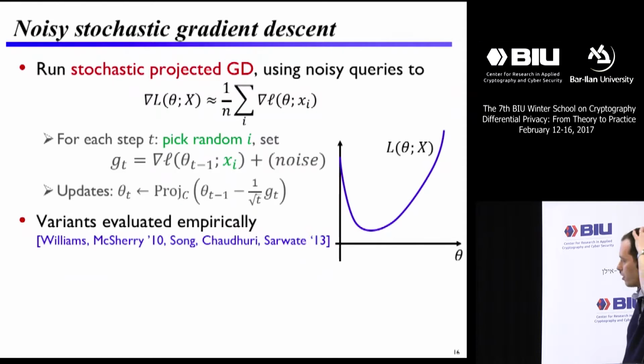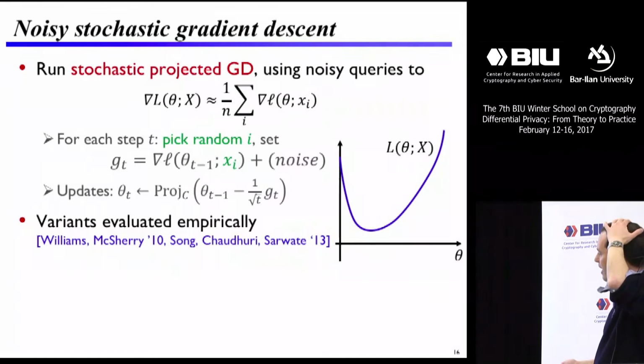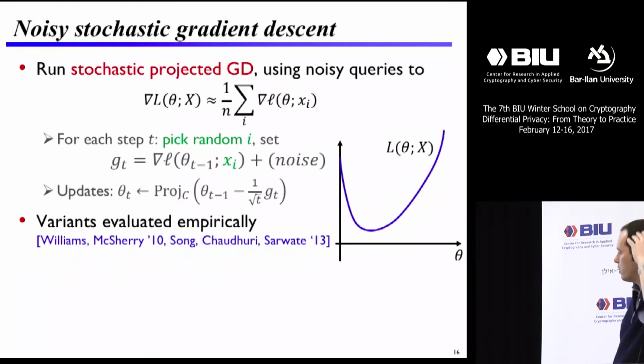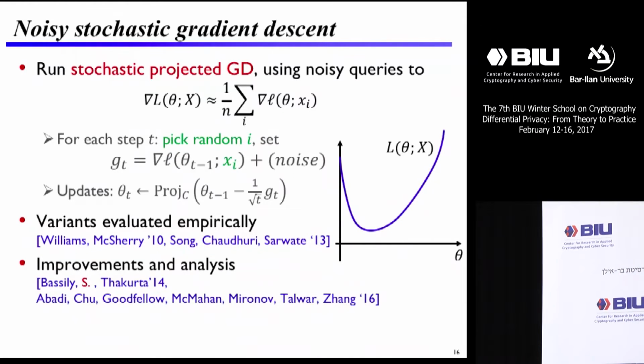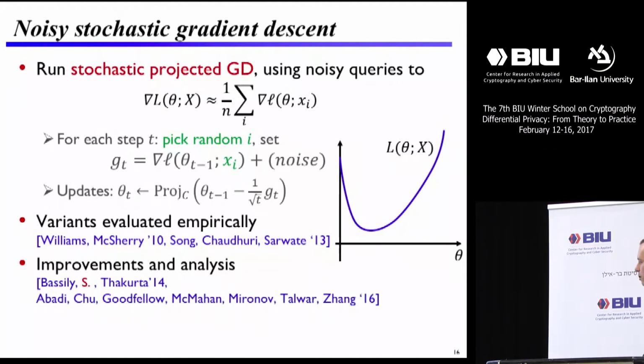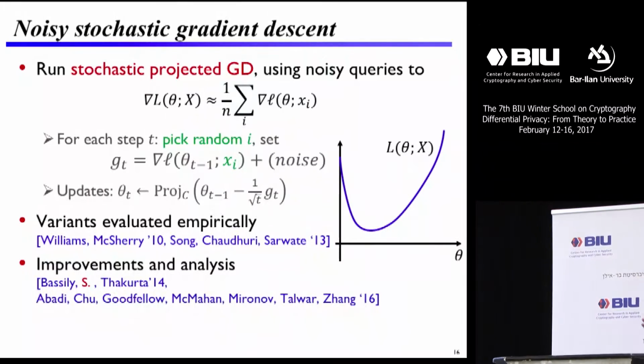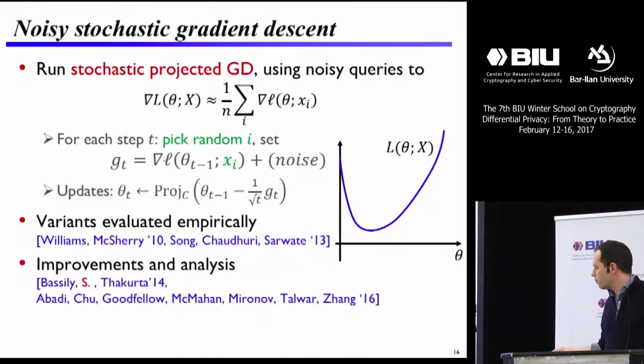It actually works remarkably well. There are various variants on it that were evaluated empirically, starting with this paper of Oliver Williams and Frank McSherry, and then we gave some improvements to it and a much tighter analysis that allowed us to get nice clean theoretical bounds, in a paper with Raef Bassily and Abhradeep Thakurta. And one of the cool things that came out recently is that this idea was used